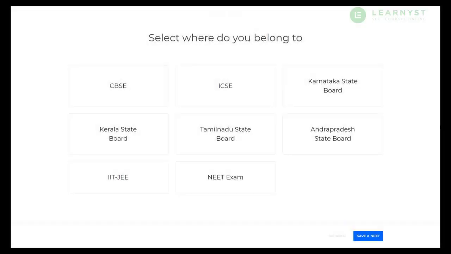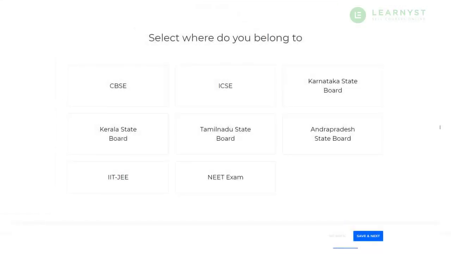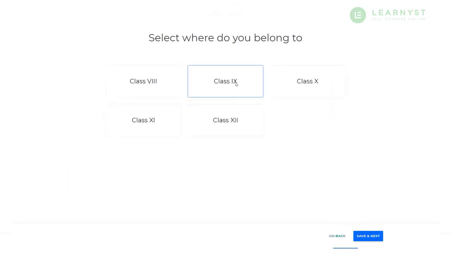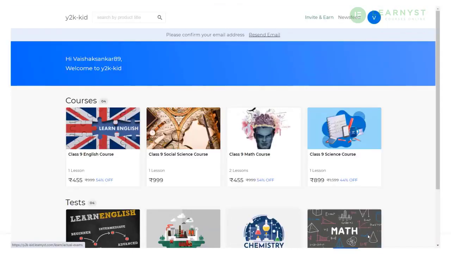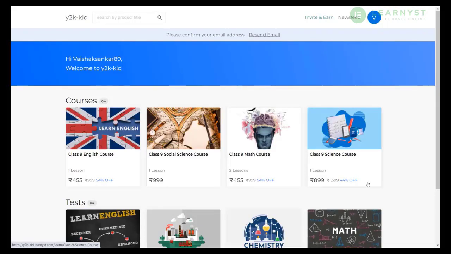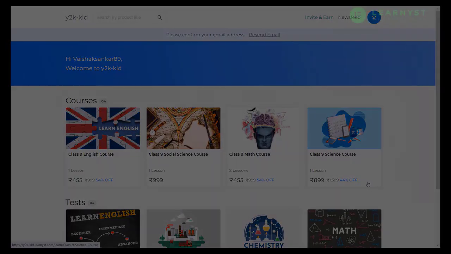Wouldn't it be great if you could organize your course and training materials into multiple groups? For example, all your K-12 materials can be grouped across segments like CBSE, ICSE, Kerala State and Karnataka State and so on. You can even have groups like IIT and NEET. And wouldn't it also be great if you could further drill down these groups into sub-segments or subgroups? For example, within the CBSE group, you can create multiple sub-segments based on classes.